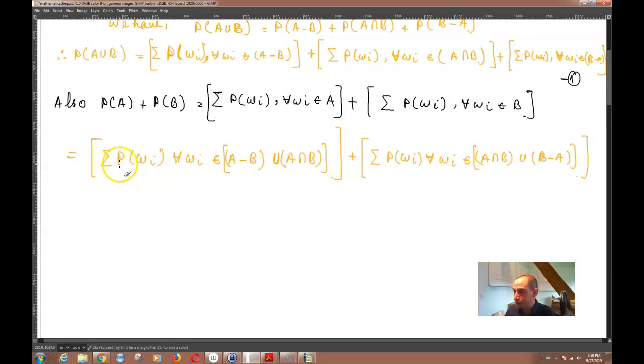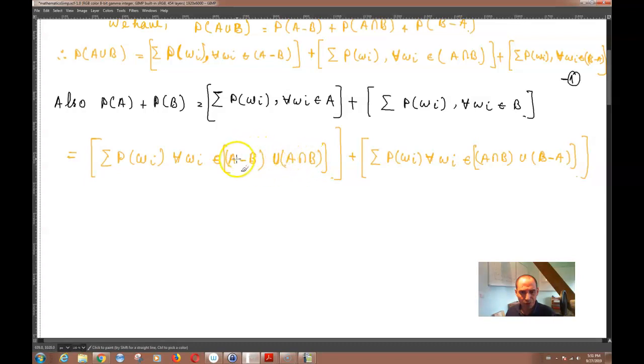Here I have basically sigma of P of omega of I for all omega of I belonging to set A minus B union with A intersection B, and then the next thing would be sigma P of omega of I for all omega of I belonging to B minus A union with A intersection B. And then we need to do some algebra on this thing here, which would be basically here omega of I